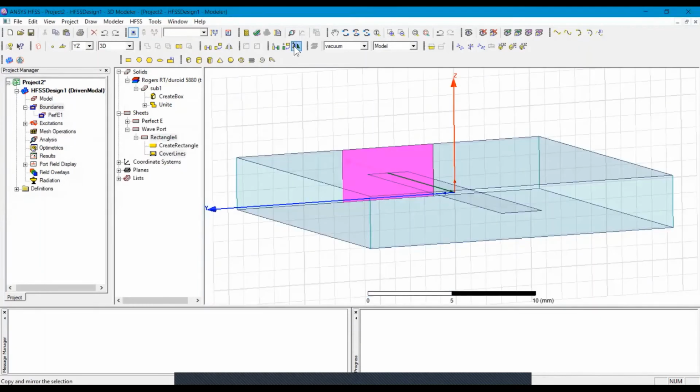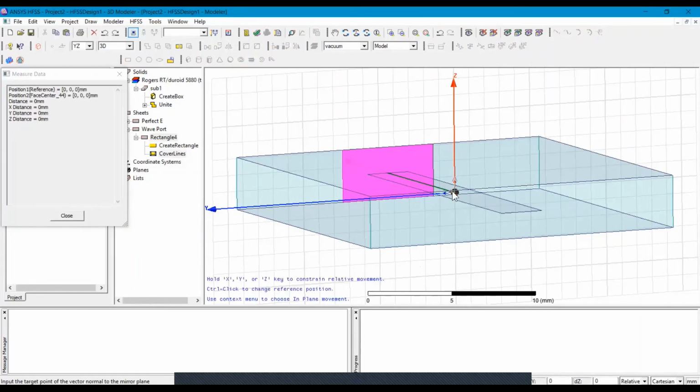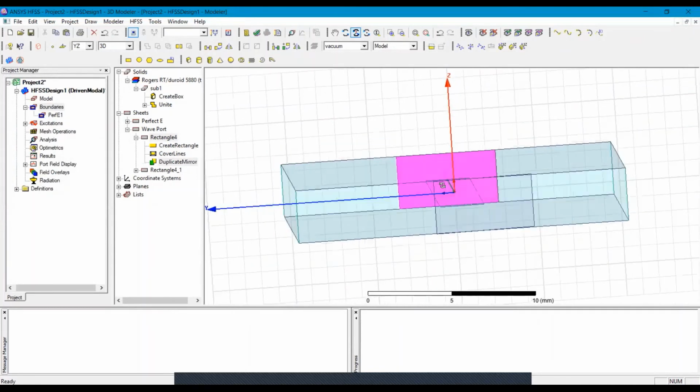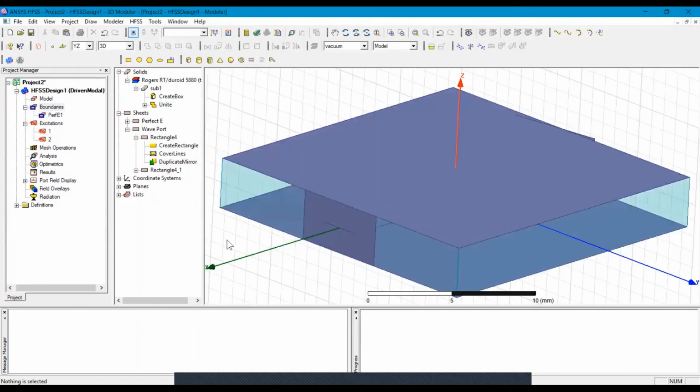then finish. To design the same kind of excitation at the opposite end, we will choose this mirror option. We will just put the cursor at the center and then paste here. So now we have another excitation at the opposite end.